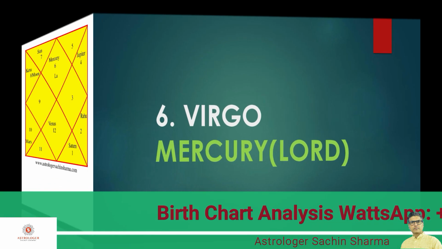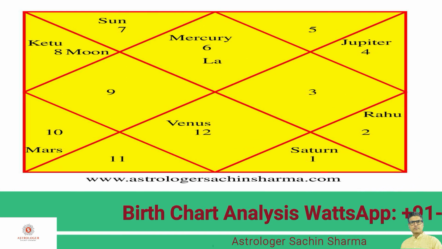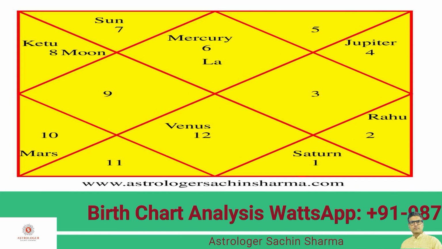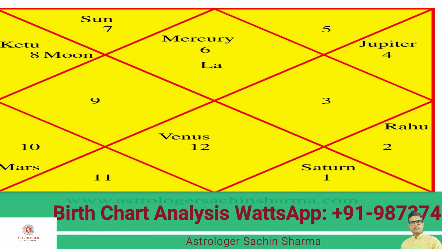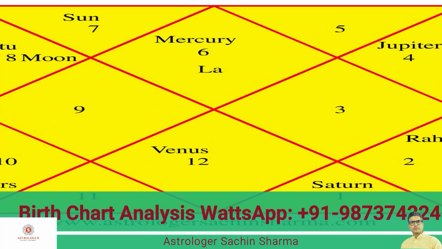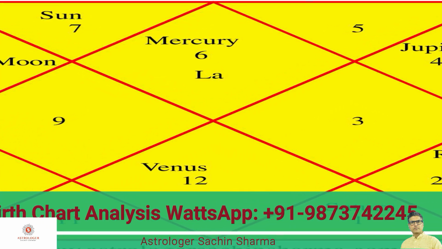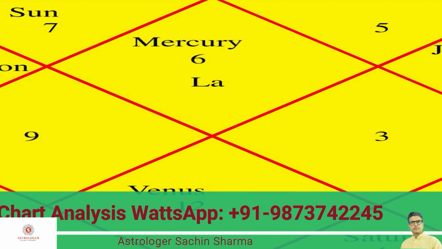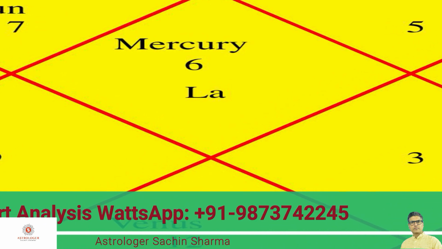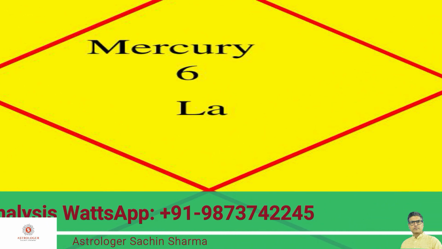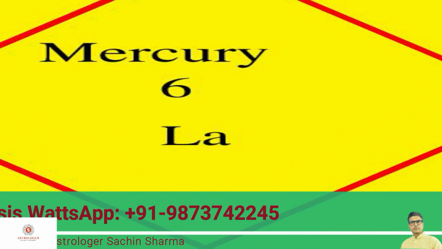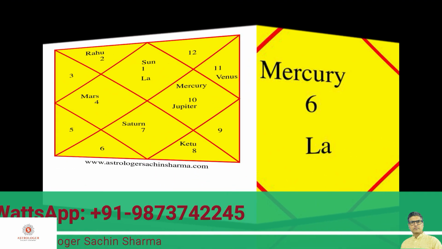Let us understand this concept practically in a birth chart. Here we can see that number 6 is written in the 1st house of birth chart and 6 belongs to Virgo and Virgo Lord is Mercury, and hence we can say that Lord of 1st house is Mercury. Let us take another example here.